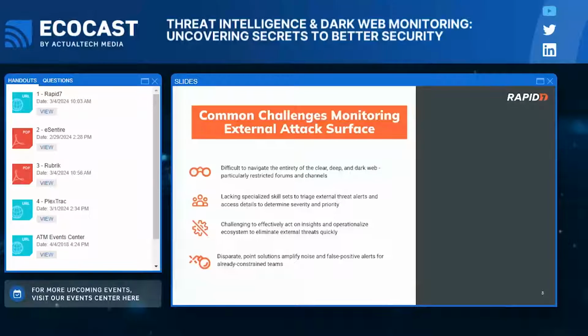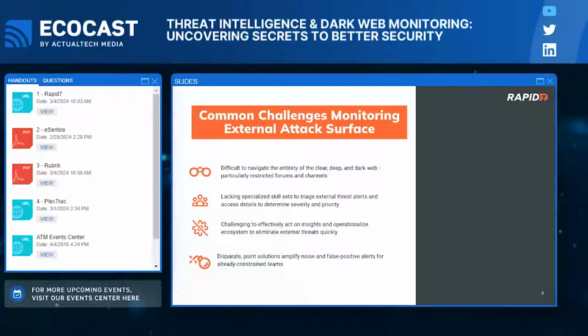The challenge with DRP, and why everyone isn't doing it, is that it can be really hard. Again, we know that a lot of teams have their hands full just with monitoring their existing digital footprint, the things that you know about your servers, laptops, users, network, all of those things. So to add this kind of nebulous external attack surface on top of it is really hard, and it can be challenging to navigate.